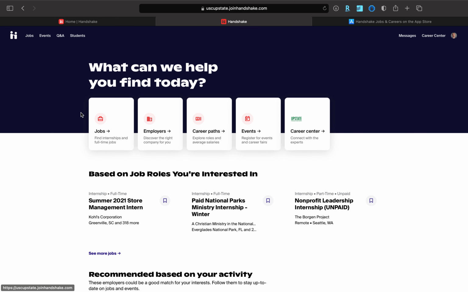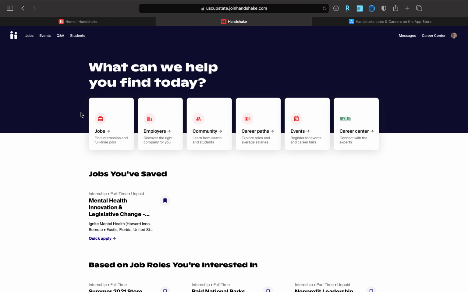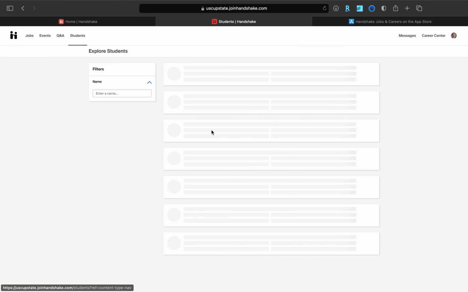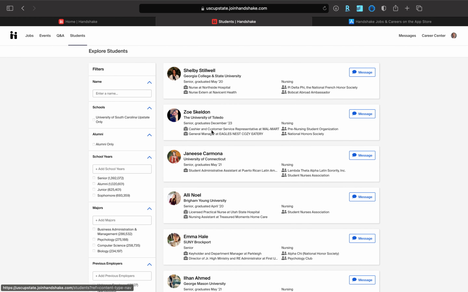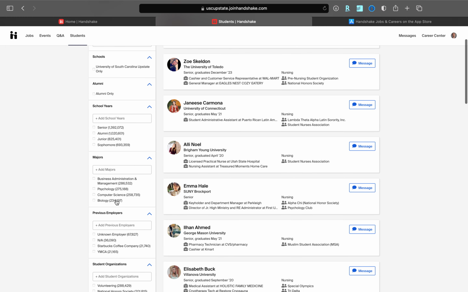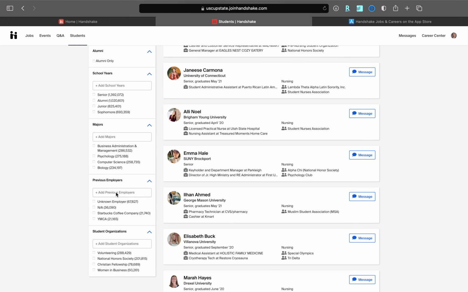Going back to our home page, just a couple quick last things to point out to you guys. You'll notice this Handshake Community. So you're given a privacy option when you create the account. You can keep your account private, or you can make it public, basically. If you choose to make your account public, you can go through here and you can search through Handshake's database of other students. So for example, let's say that I am a psychology student